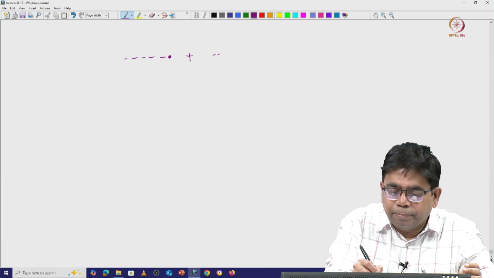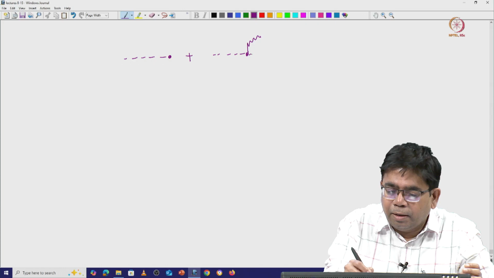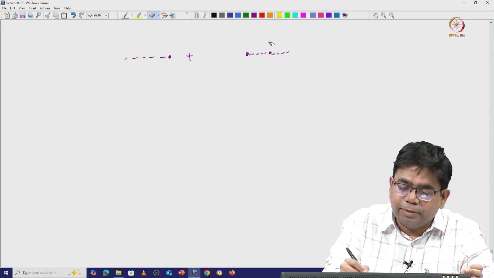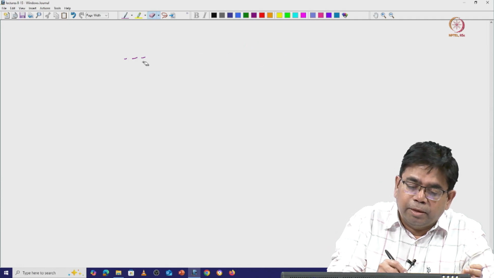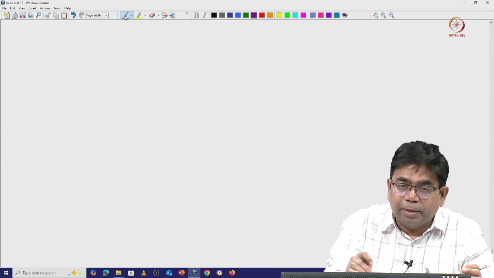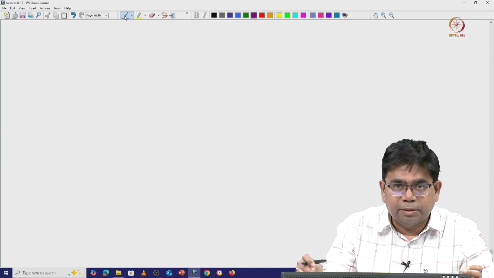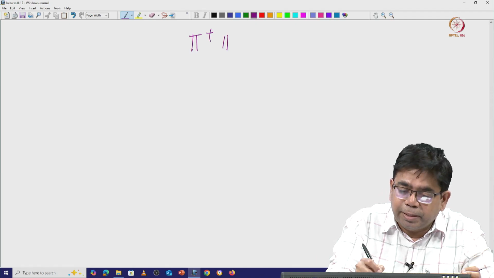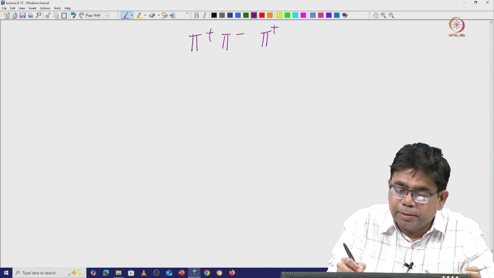So a pion has an interaction, it will give out a gamma. This is a virtual gamma, so this can come back here and so on. But okay, I will come back to this a bit later. Instead of doing that, because that becomes higher order in calculations essentially, we will come to that. So let us do a simple process, pi plus pi minus going into pi plus pi minus.